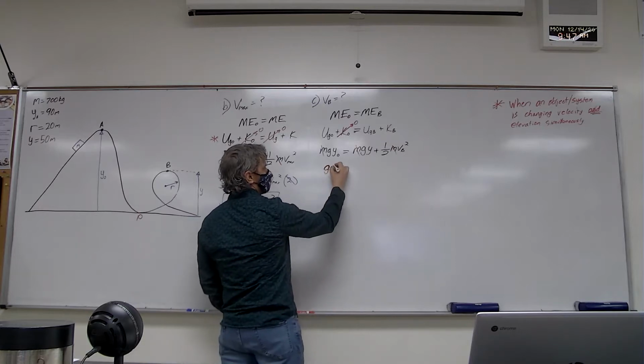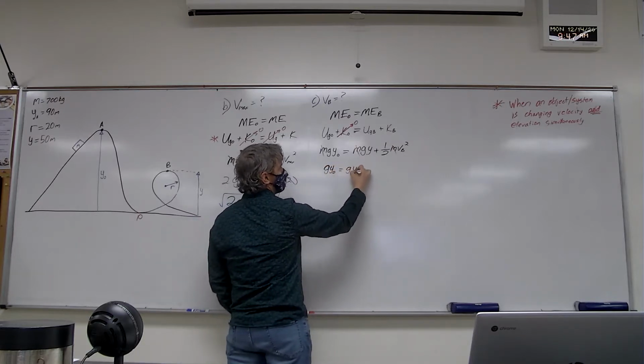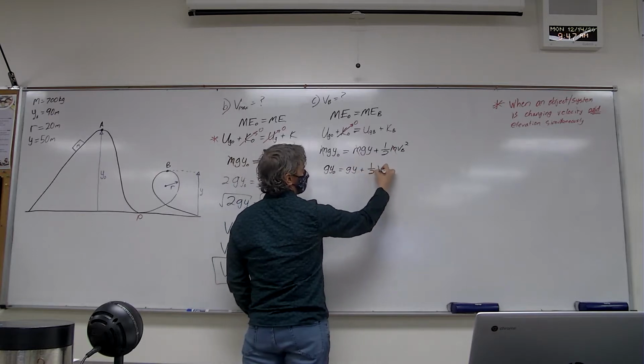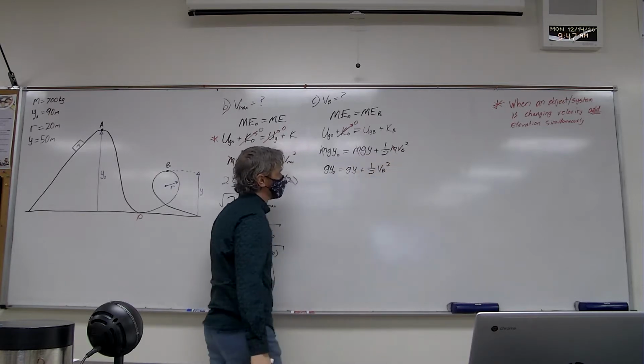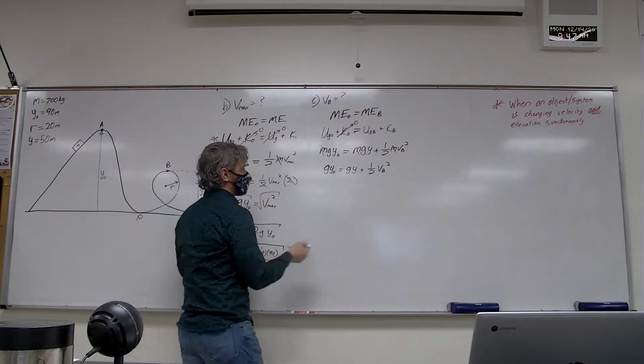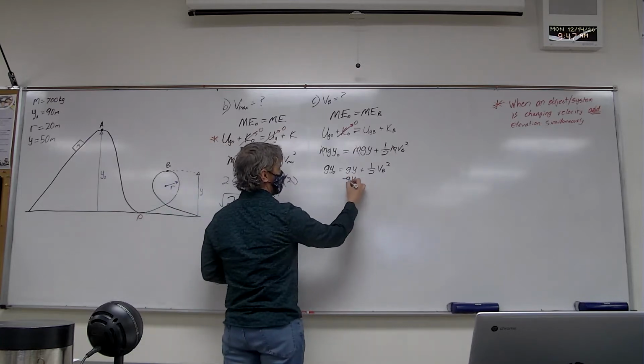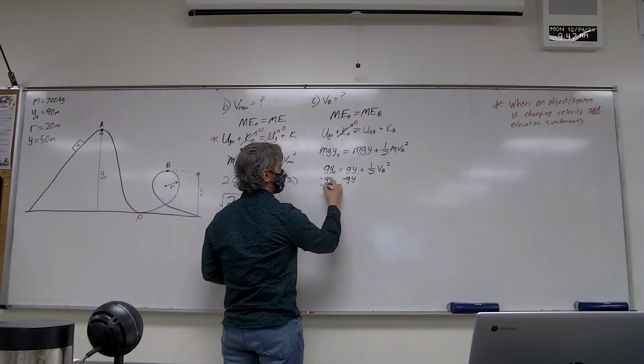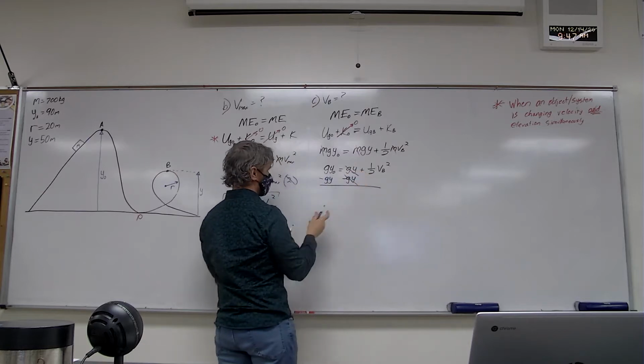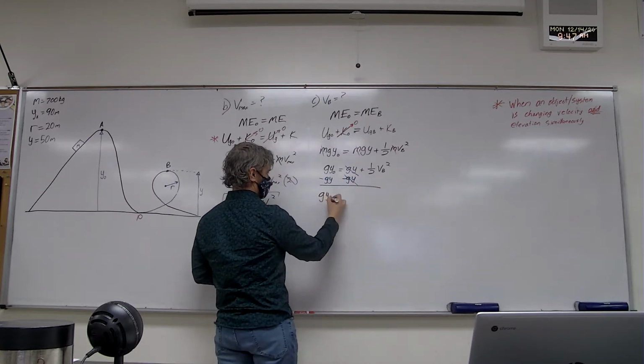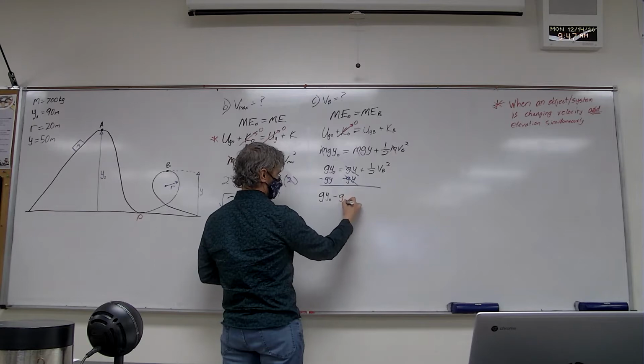So g y naught equals g y plus 1/2 v_B squared. And I just subtract acceleration due to gravity times final position, and I get g y naught minus g y